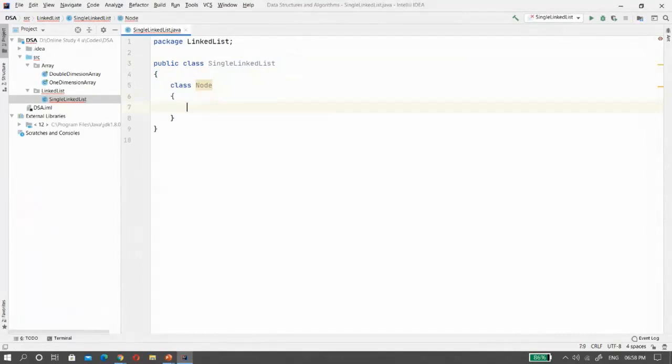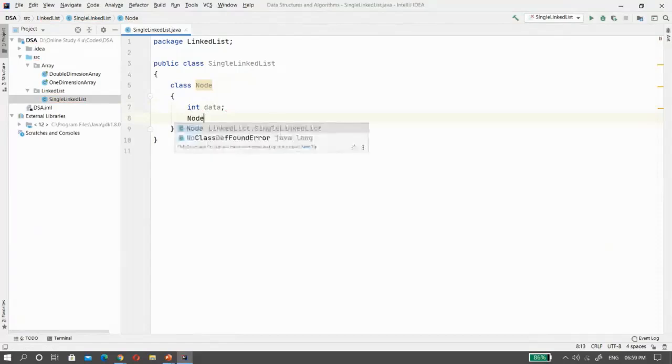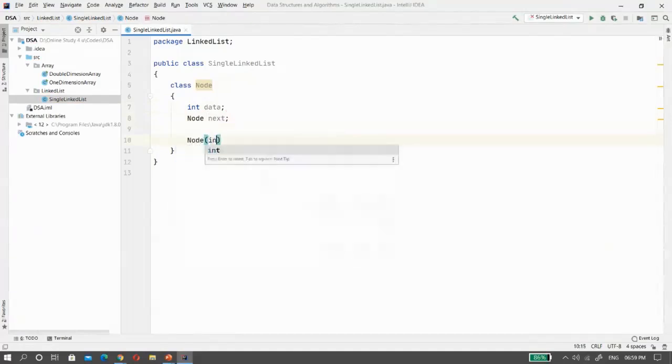Now in this class I am going to create those things which we have just discussed: the data variable, and the next variable. So this is done. Now we need to create a constructor, so I am creating a constructor here which will accept the data. This is done, and inside its body,